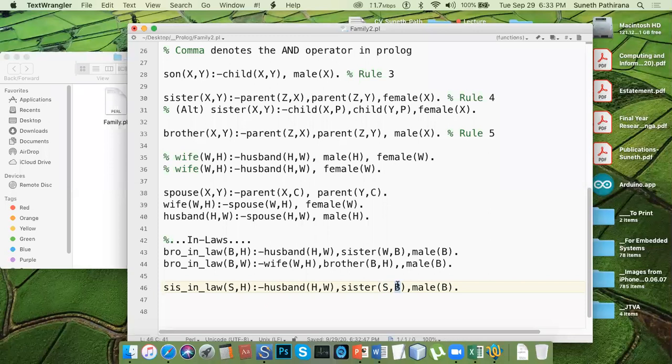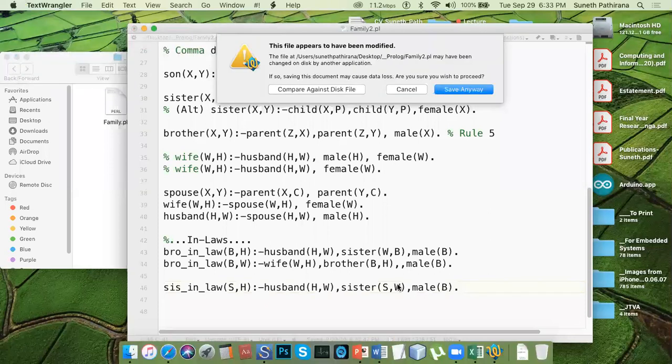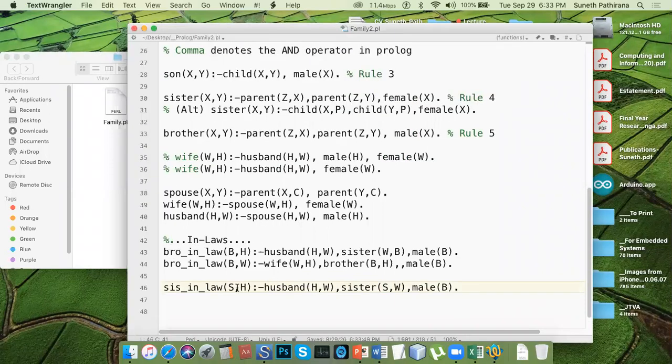Okay. Husband's sister-in-law means husband and wife are there, and S is the sister of the wife, and S is a